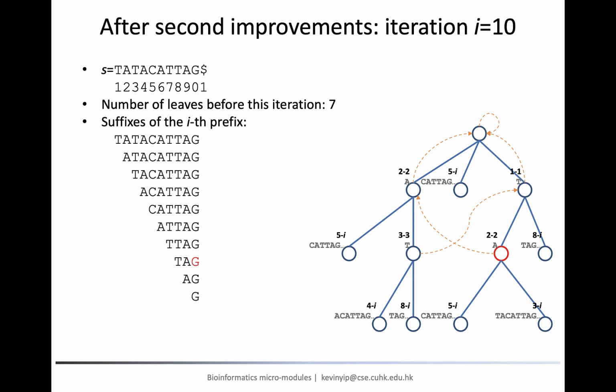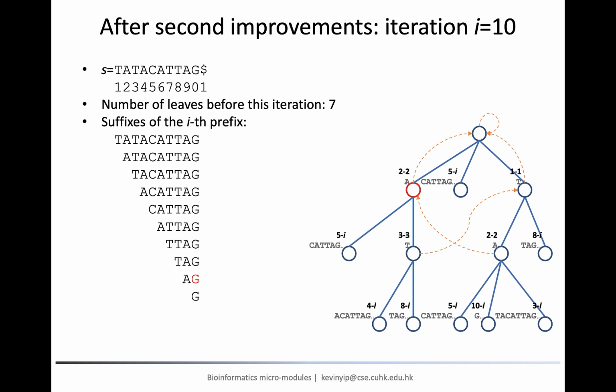In iteration 10, the first 7 insertions are skipped. The 8th suffix TAG requires a new leaf node, and so we create it. Notice that in this case, it is not necessary to create a new internal node. This pre-existing internal node has an outgoing suffix link, and therefore we follow it to reach the new starting node, which is the node now highlighted in red.